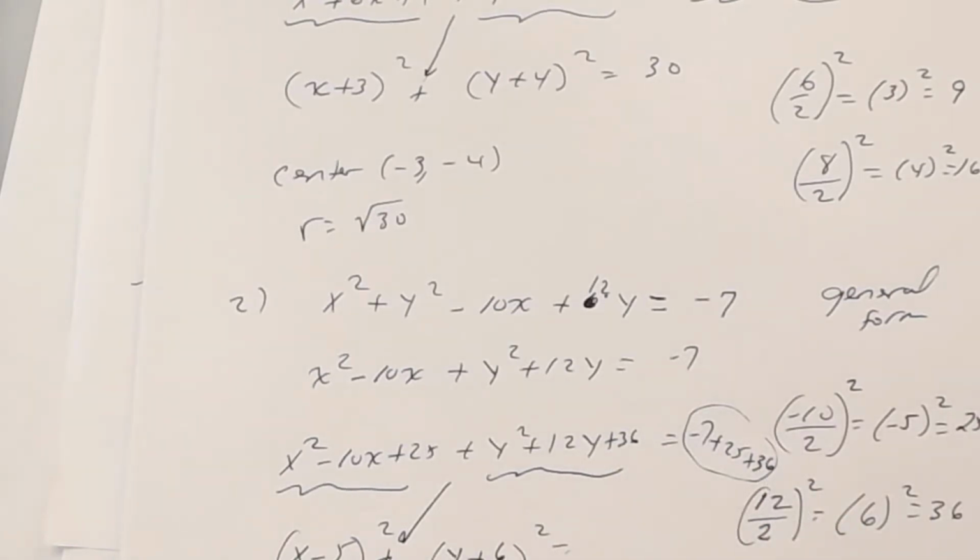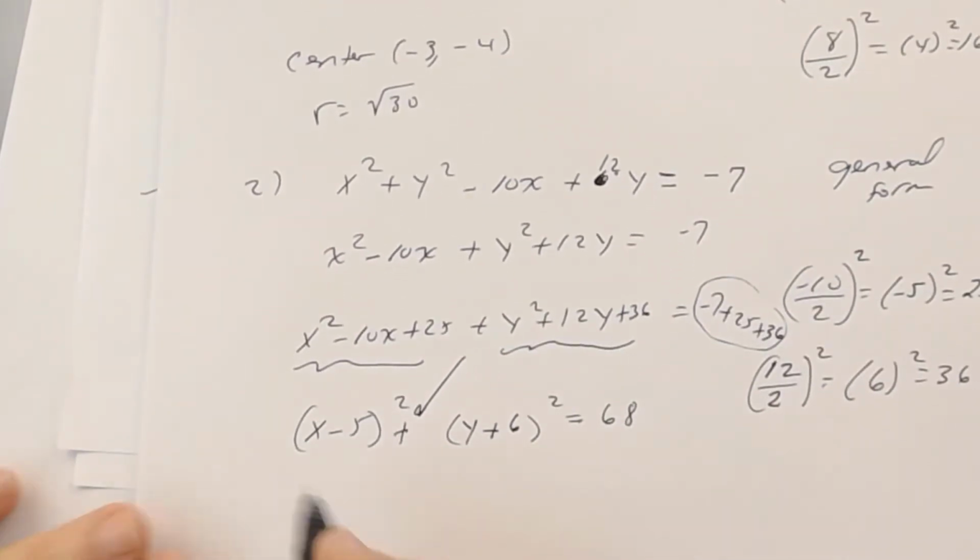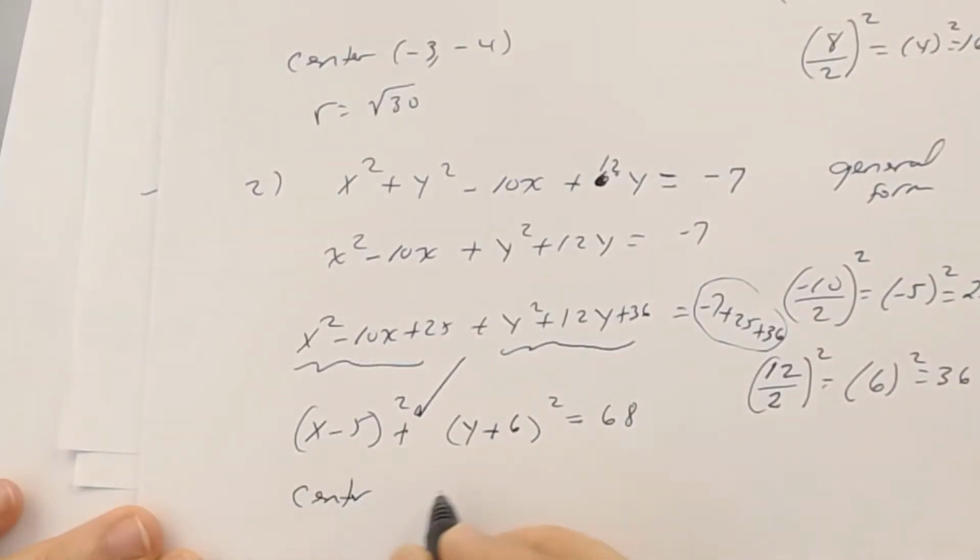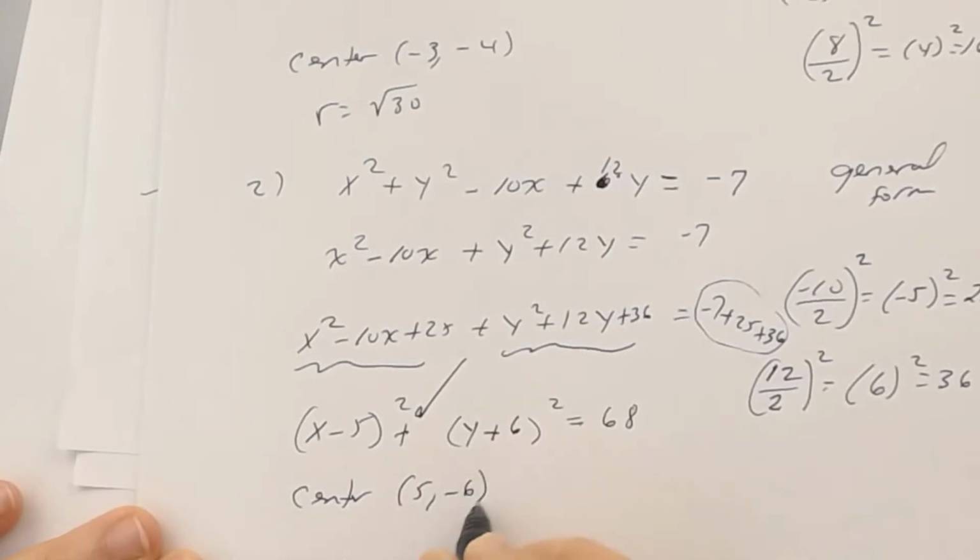Okay. Now, when you calculate, what's all this right here? Negative 7 plus 25 plus 36. 68? Okay, so that's where I'm at. So now, what's the center? 5, negative 6. 5, negative 6. Good. The radius is the square root of